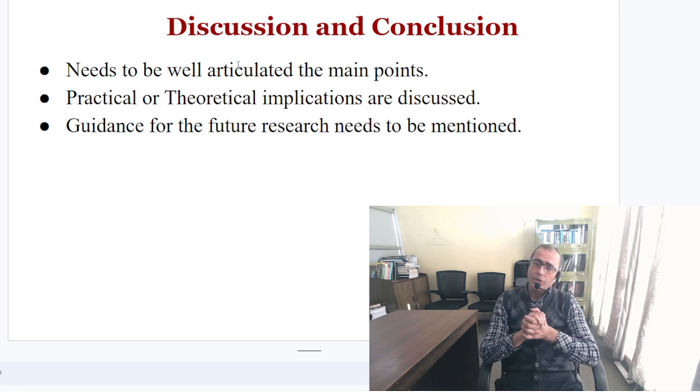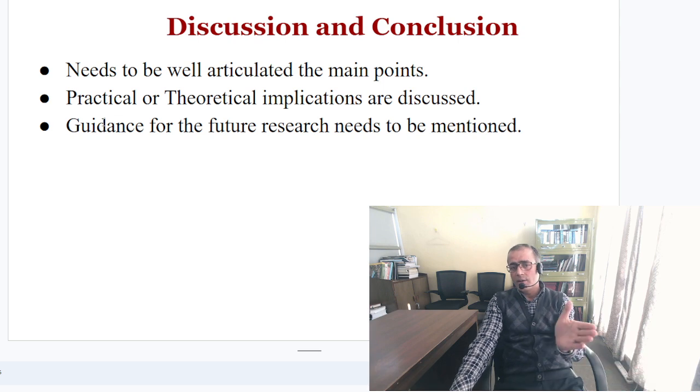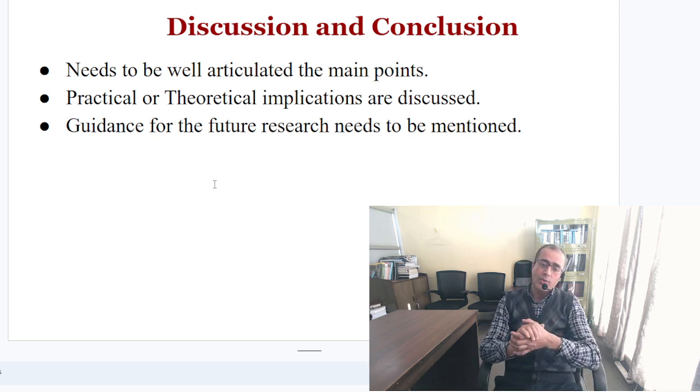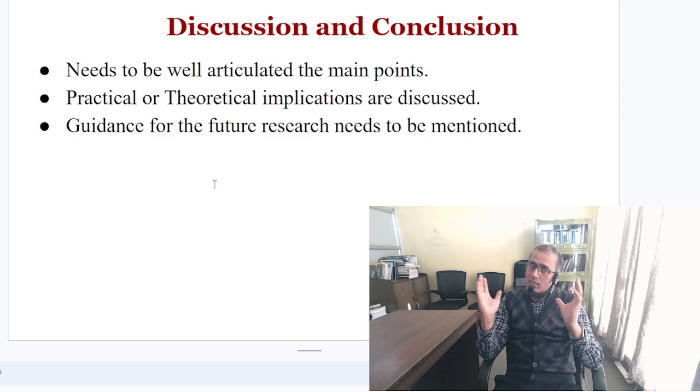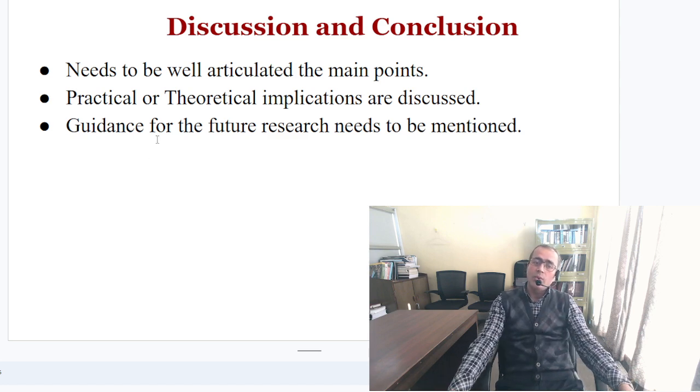Next one is your discussion and the conclusion. Don't be confused here. Your discussion is based on your overall results: to what extent your results are consistent with the prior studies, or contradict the prior studies, you need to justify. You have to put your arguments, a logical argument is required, and based on your overall detail, your theoretical review and empirical review will help you to discuss the results in detail. And ultimately, we have to articulate the key points of the findings. That is the conclusion part.